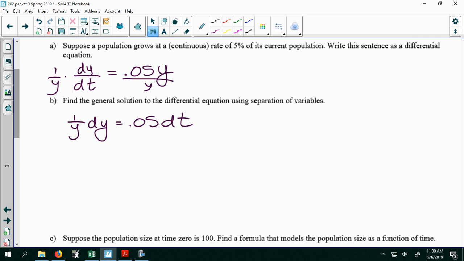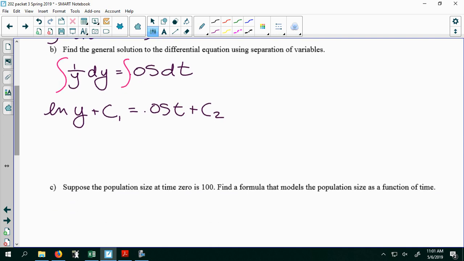Okay, so I have separated the variables. I integrate both sides. What is the antiderivative of 1 over y dy? Natural log. This is ln of y plus c1. And the antiderivative of 0.05 is 0.05 t plus c2. Different arbitrary constant. Next goal is to solve for the y, get the y by itself. So I'm going to subtract my c1 and I get the ln of y is 0.05 t plus new arbitrary